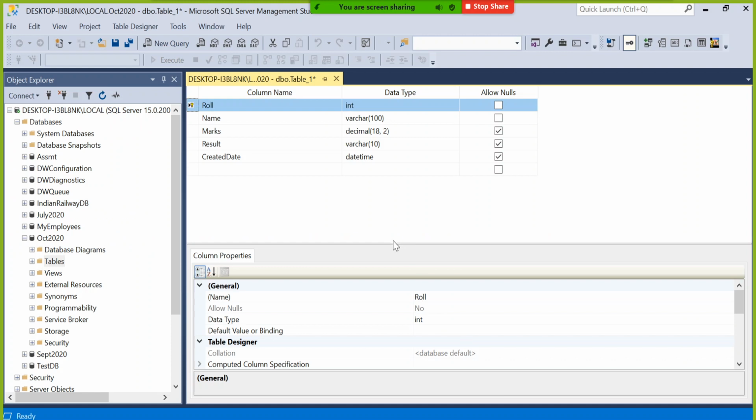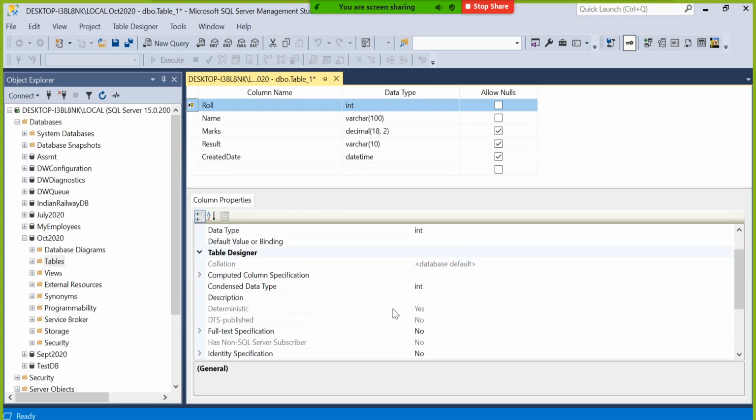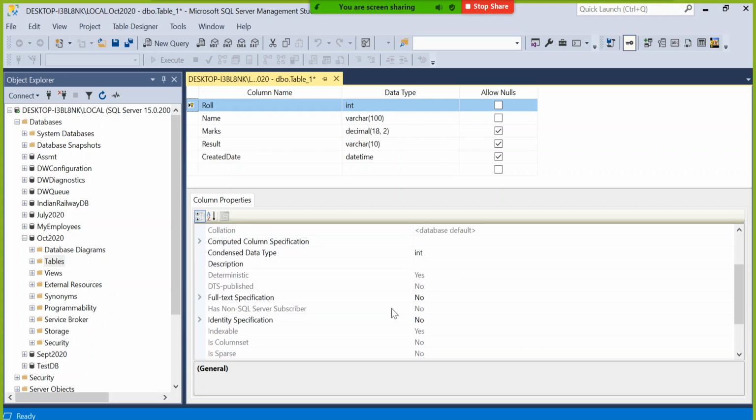So identity means auto increment, guys. Suppose somebody says roll number 1 2 3 4 5 6 7 8. I don't want to send it from the C# side. I want to decide in the backend itself. Automatically it should increment like a serial number. Make sense? So first of all you select the roll number and go to identity